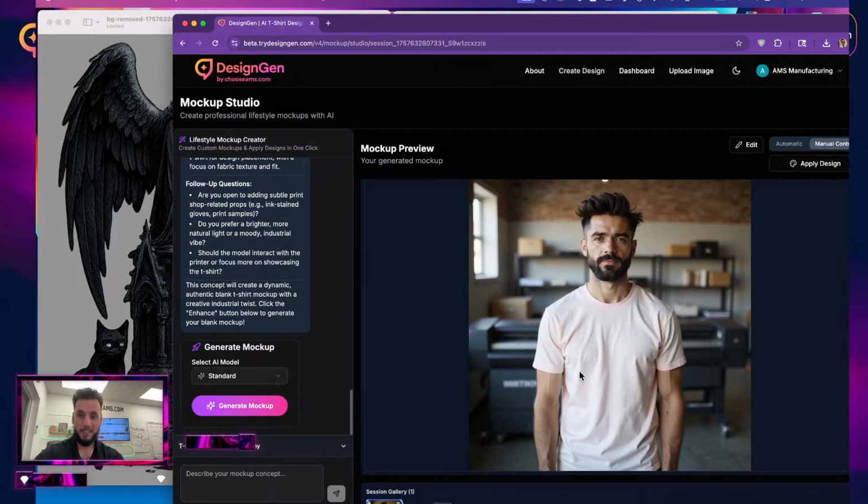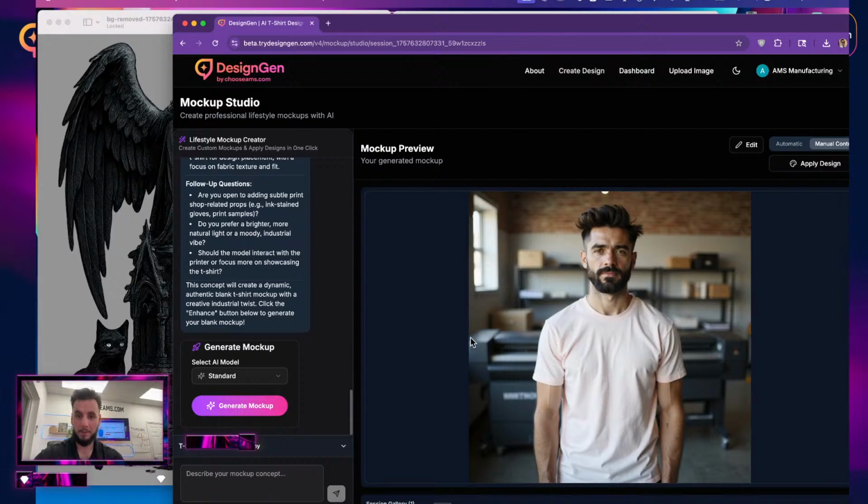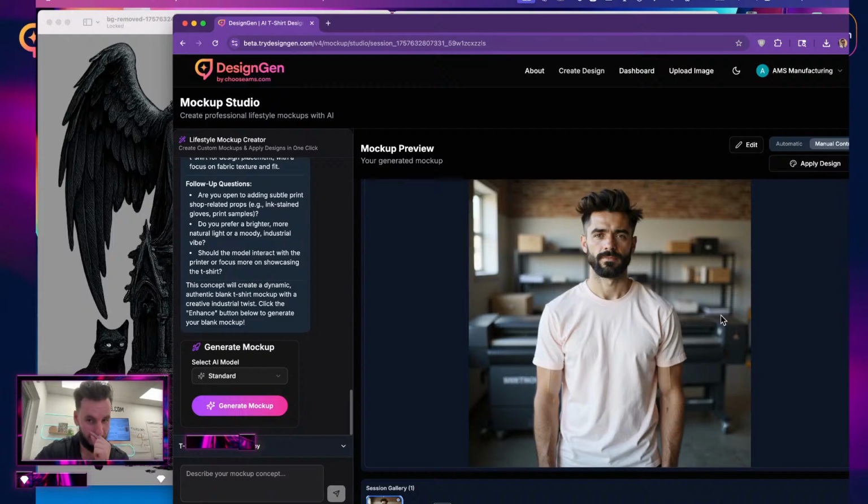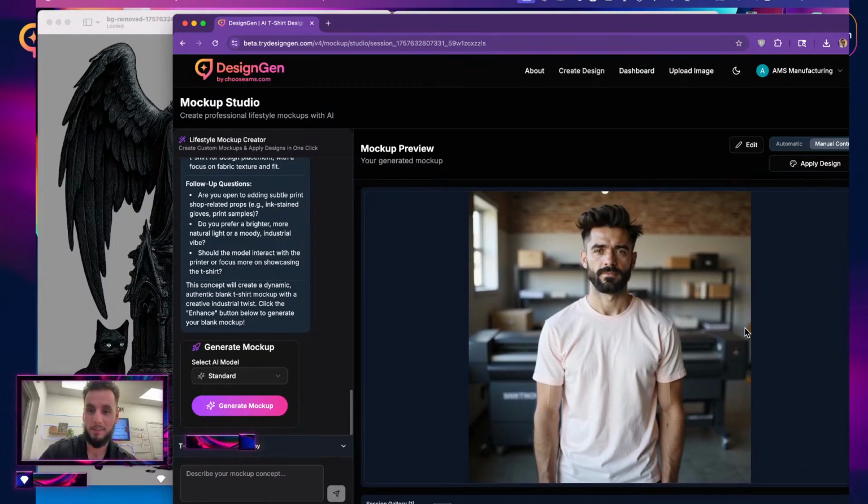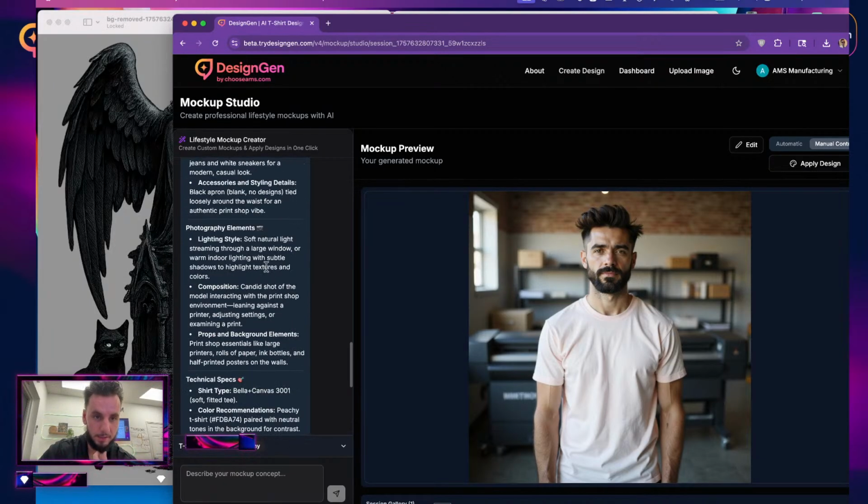I think this guy is probably a much better looking version than I am, but in any case, we literally have exactly what we're looking for. Oh my goodness, guys, look at this. The reason I'm so blown away is because the peachy shirt looks so good. So freaking good. Everything that we needed. We wanted the printers in the background, the metal shelves, the brick wall, did it say exposed concrete? If it did,